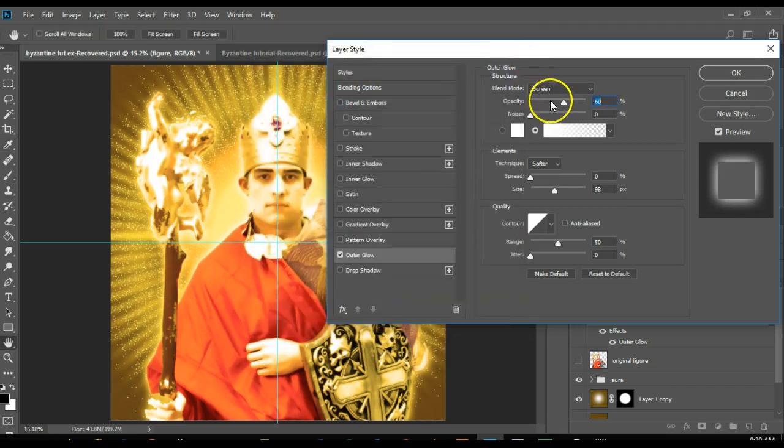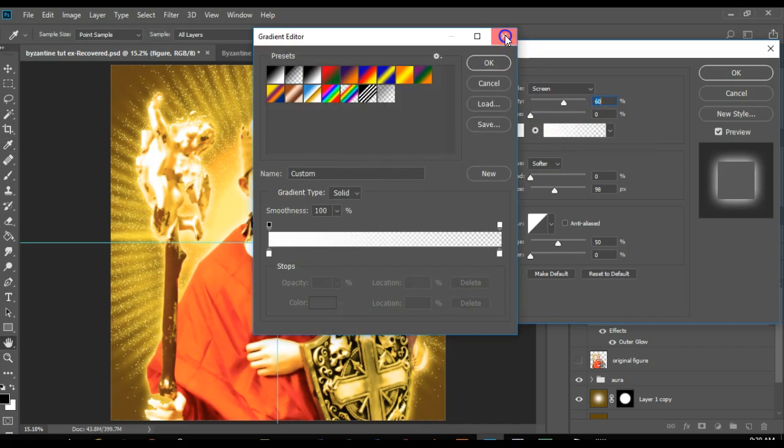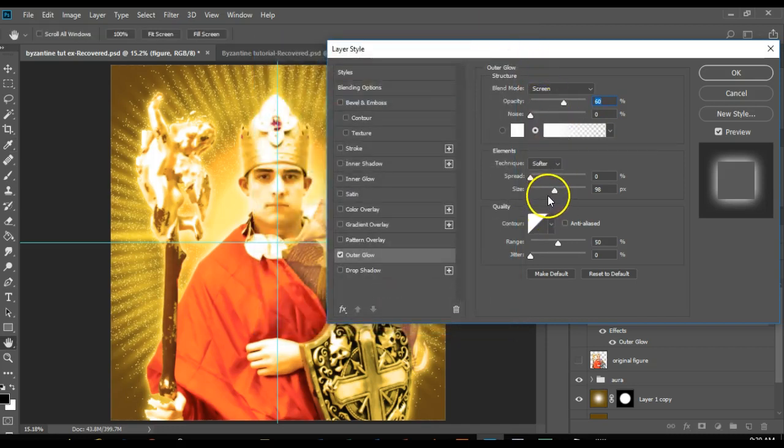And then just plug in these measurements. You want the blend mode on screen. You want the opacity at 60%. And the size, go down here to size and maybe do like 50. And again, you can kind of see it, and you can sort of change it. You don't want to do it too much because then it kind of washes it out. But whatever you feel like doing, you'll do that. You'll do like 100 or 120. All right, then hit,